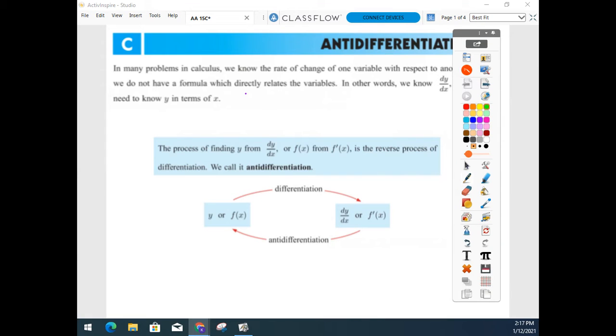So anti-differentiation gets into the actual mathematics, the process itself. The first thing that we want to think of is if we know dy dx or f prime of x, and we want to find the original function of y or f of x, we're going to use the reverse process. Think about what word I always use for reversing the process, undoing in equations. I'm going to call this the inverse process of differentiation,